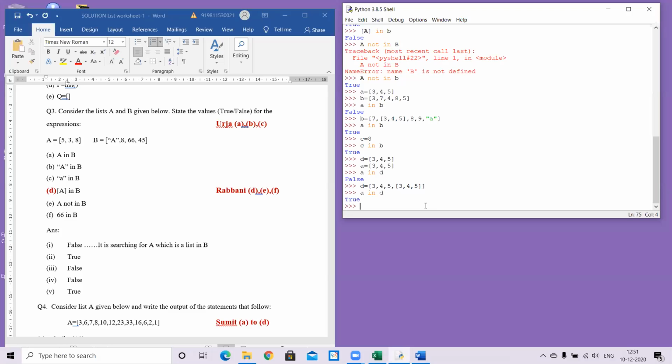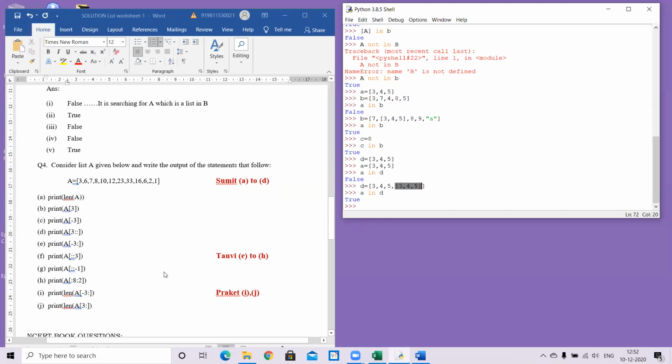So if we do this, ma'am, it is searching for that particular list. Yes, that particular list. So whatever is the content of this variable, if it's a single element, it will search for a single integer. If it is a single float value, it will search for a single float value, or a single string value, whatever. But if it is a list, then it will search for that list in that particular format itself. If it is a tuple, it will search for that tuple. If it is a dictionary, it will search for that dictionary within that list. The whole thing is searched as it is, and if it is present, it will mark it as true. Great. Understood? Yes, ma'am, understood.